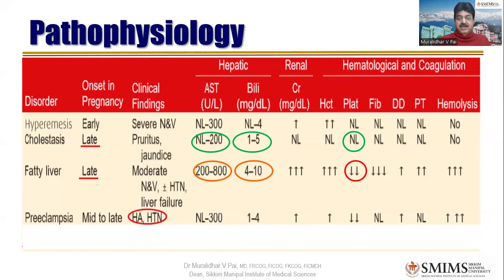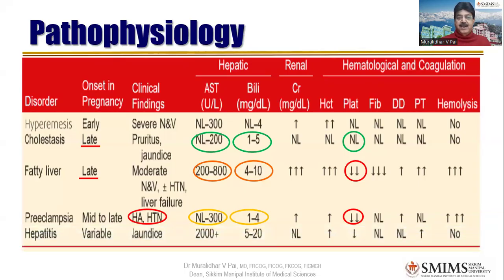So I'm encircling hypertension here to highlight that. Late is anyway common for all of them, but hypertension is the differentiating point. And of course, amber colored elevated liver enzymes. In fact, less than amber color. I put it as yellow color actually. And platelets are decreased, red circle. Now comes